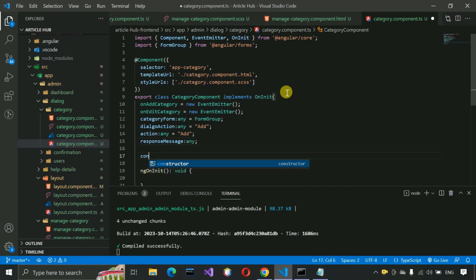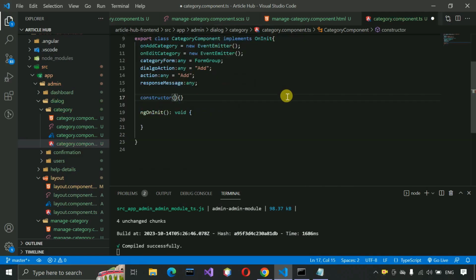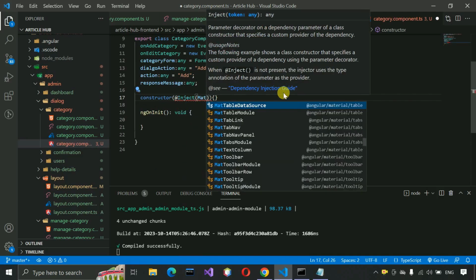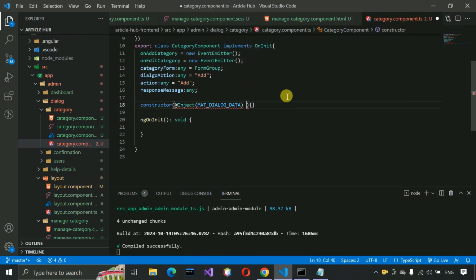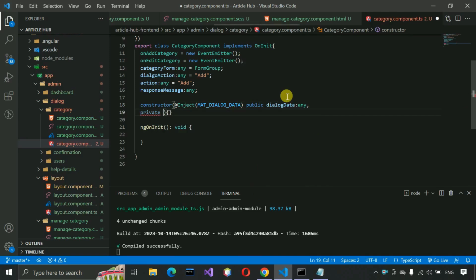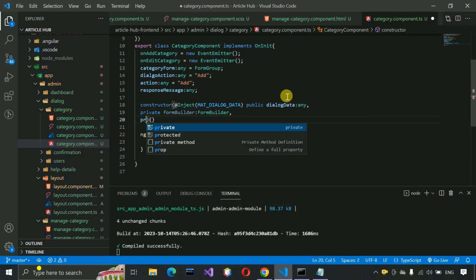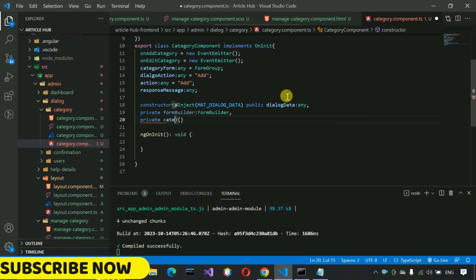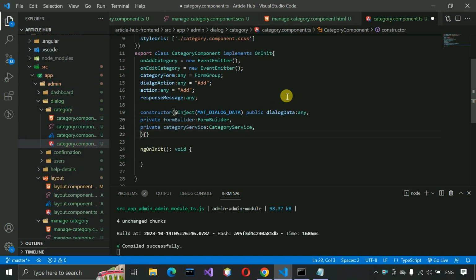After that, we also need to inject some services. So constructor, let me scroll this one, and here we have to write Inject first. So Inject, and we are expecting some values. So dialogData, and public dialogData, and it should be of any type, and private formBuilder, FormBuilder, this one we need to import, and private categoryService, and here we need to import the category service,